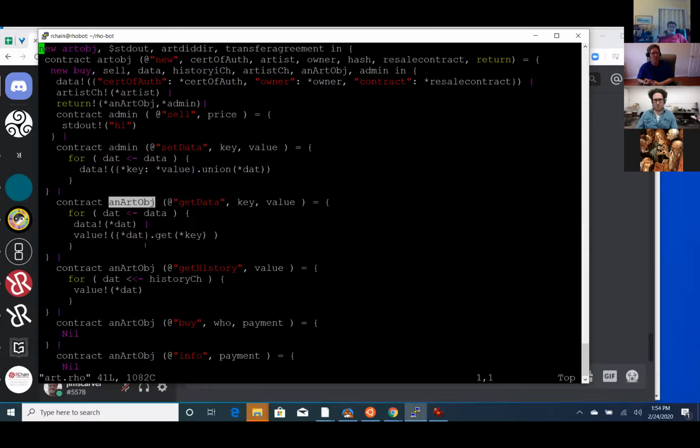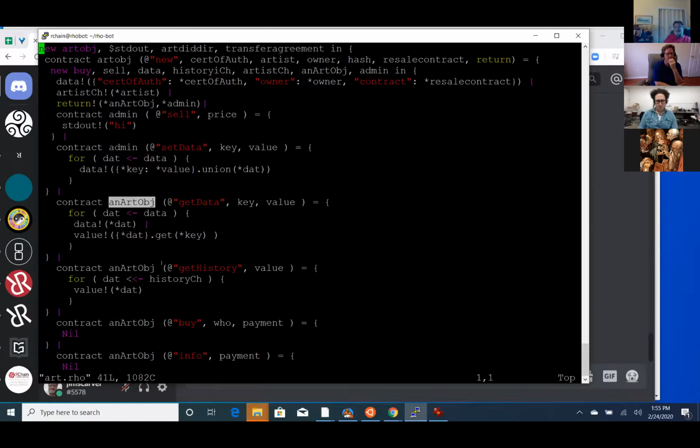Right. But if someone has an art object capability directly, well, they can't do it by themselves. So the artist can do it, right? But they also need the permission of the owner, of the gallerist. We basically need one level of indirection. Because this will always work this way.